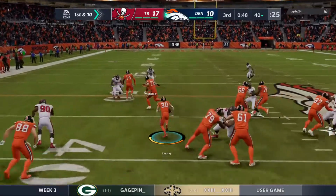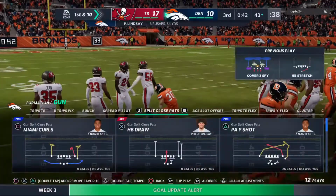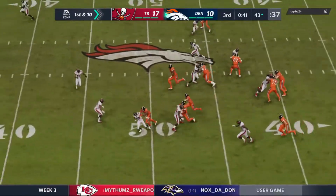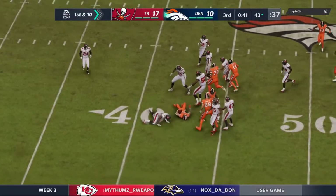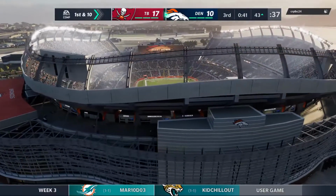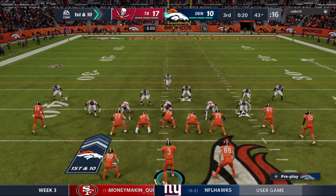On 1st and 10, it's Lindsay. And he'll work it across midfield inside the 45. 18 big yards on that one, and a Denver 1st. I know people see Philip Lindsay's role in Denver changing a bit with the arrival of Melvin Gordon, but I think Gordon's going to be more of an enhancement for Lindsay. Maybe he won't carry it as often, but now he'll be much more effective as a two-headed monster in the backfield. Both of them can run it inside, get to the perimeter, and catch the ball out of the backfield